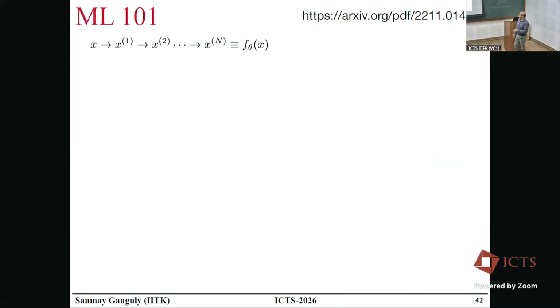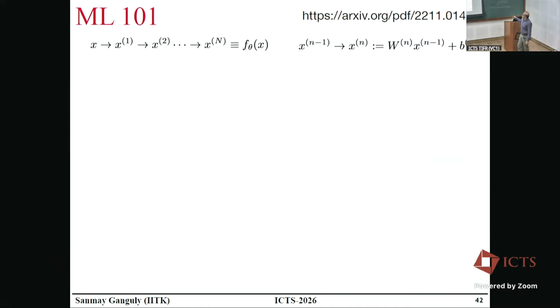You give x, there is some unknown parameterized function here. The output of the unknown parameterized function is x1. And then that output is fed to the second layer, you get x2, so on and so forth. Okay. Now, how it happens, roughly, if you think of linear transformation, there is a matrix multiplication that for the